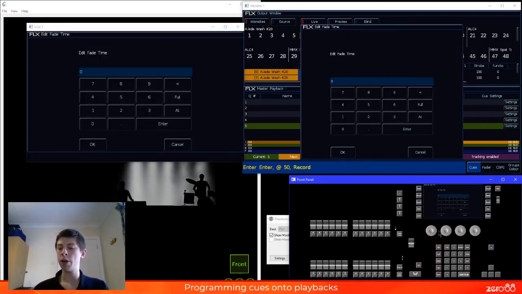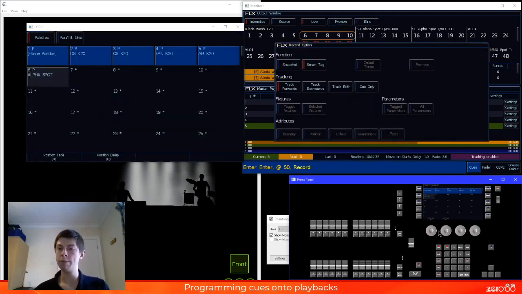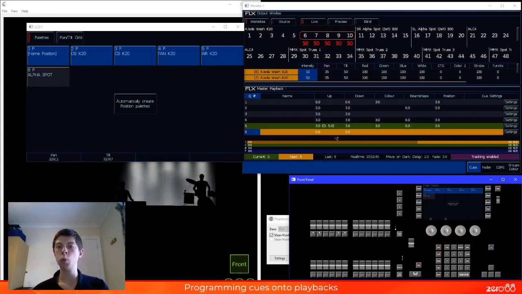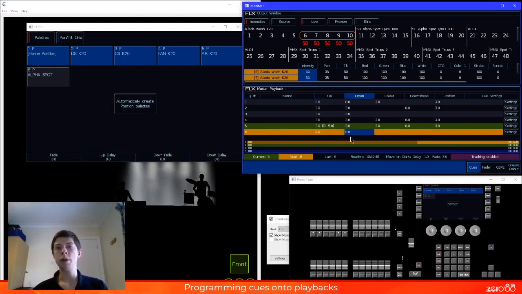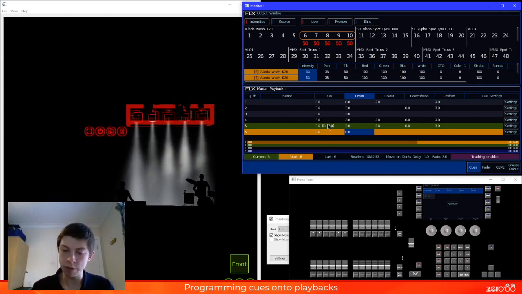I'm going to say 0, enter, to put my fade time in there of 0 seconds for fade. And I'm then going to store that cue in, and it gets stored in with my 0-second fade time. Now, notice in this cue here, just to give you an example,